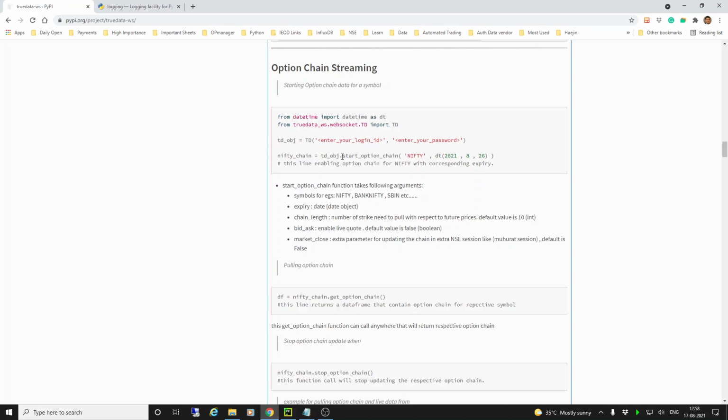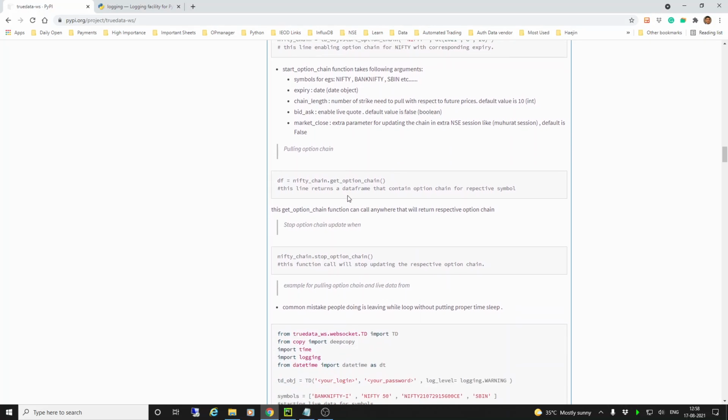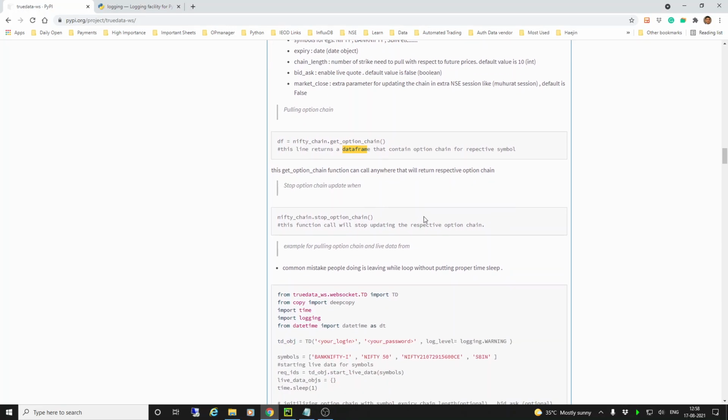But just know that if you need to start the option chain, you just have to write start option chain. And what this does is it finds the option chains of Nifty for this expiry. All the symbols are collected, and it fires the add symbol. So it adds the symbols to your list and starts getting the options. Now, once you've done that, to see your option chain in a data frame, you will just need to write get option chain. So start option chain followed by get option chain. And in this, you will get a data frame and everything is coming. If you need to stop the option chain, dot stop option chain.